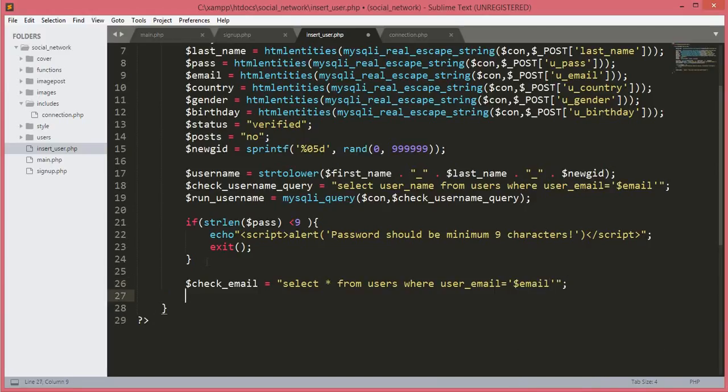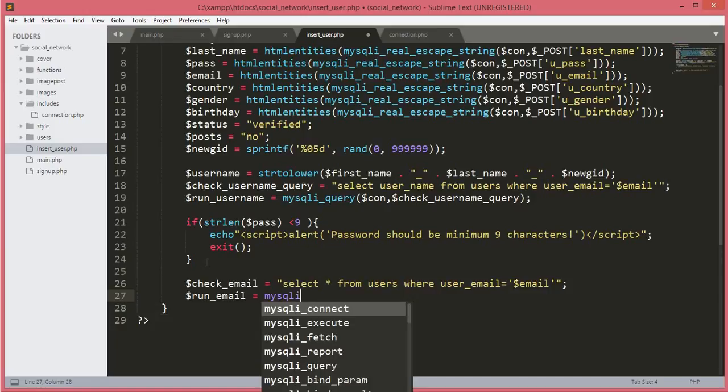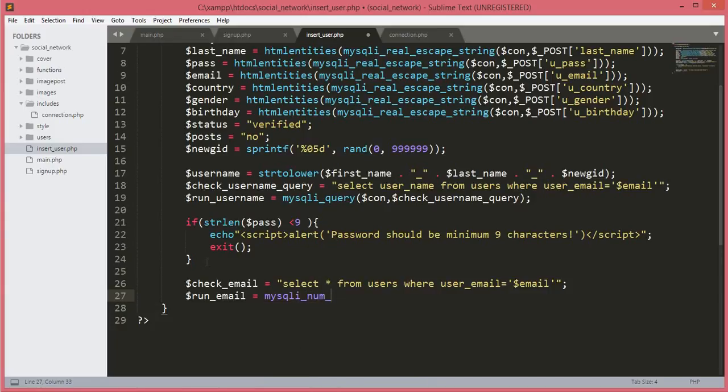Okay, and then we will create another variable run_email, and it will be equals to mysqli_query, and over here we will pass the $check_email variable,